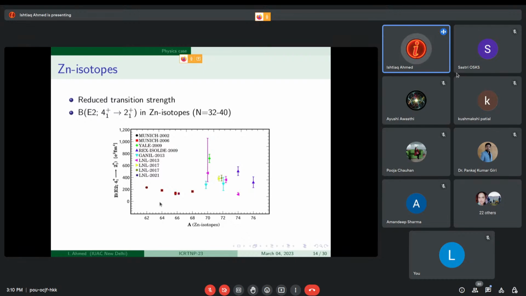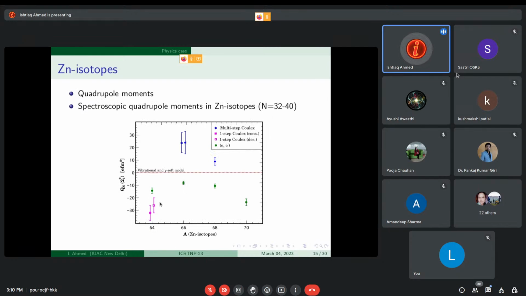And then going further, in the case of quadrupole moments, if you look at zinc isotopes, in 66 and 68 zinc, some experiments suggest that the quadrupole moment is negative, while others suggest it is positive. You cannot understand why it is negative in one and positive in another. How can a nucleus have a negative quadrupole moment and at the same time a positive one? Because then it would have a different shape. So that was also a point of motivation for us.